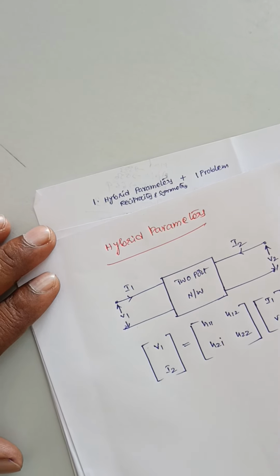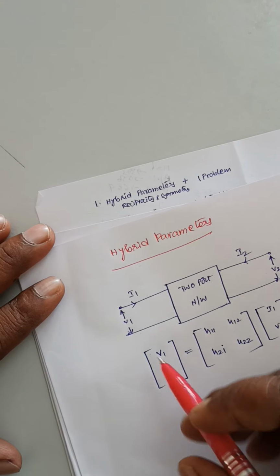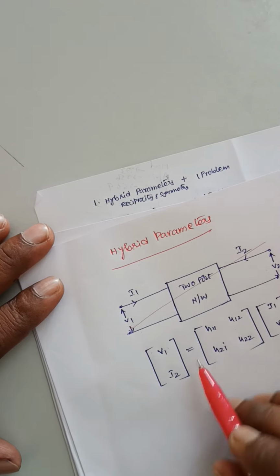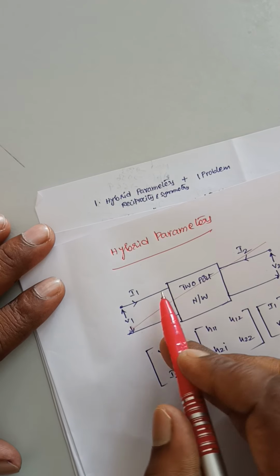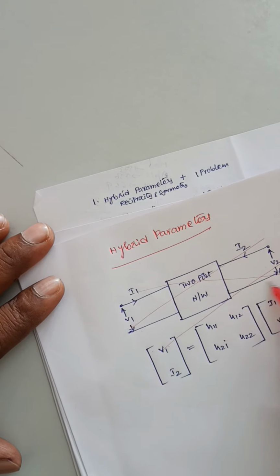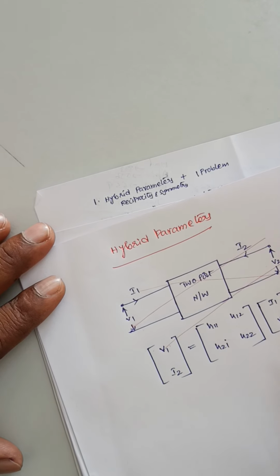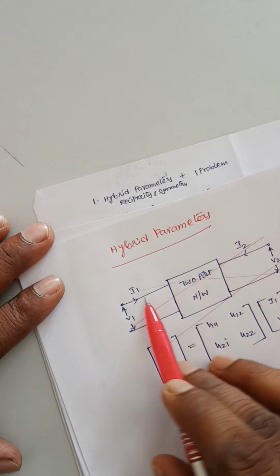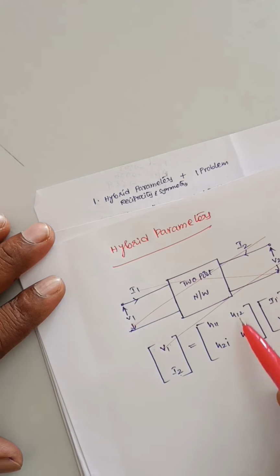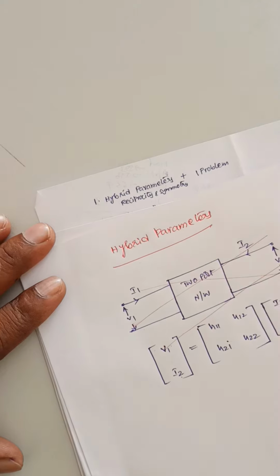You can observe here how to remember these hybrid parameters equations in matrix notation. You see here V1, I2, it means it is V1, it is I2. Next here it is I1, V2. So if you write another line parallel to this line, it is like an H. So it represents hybrid parameters or H parameters. In between these two, H parameters are there. It is in this way we can remember these H parameters simply.